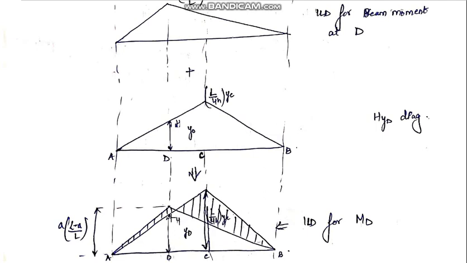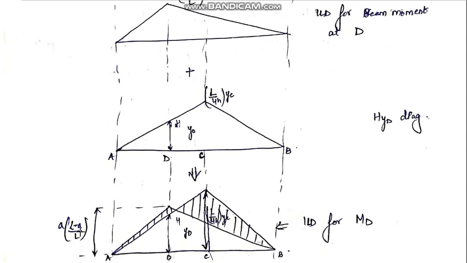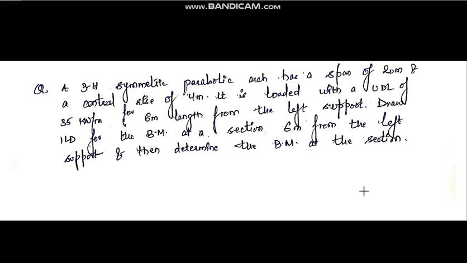Okay, so this is h into yd, and this smaller triangle height is a into L minus a by L. So I can write this term here, and this term is L by 4h into yc. So I have written this term. See, this overlapping area will be considered to nullify each other. So this area will cancel out each other, leaving nothing, and the area which will be left will give you the ILD for the bending moment at any section in the 3-hinge arch. So this is the ILD. Now let's see another case.